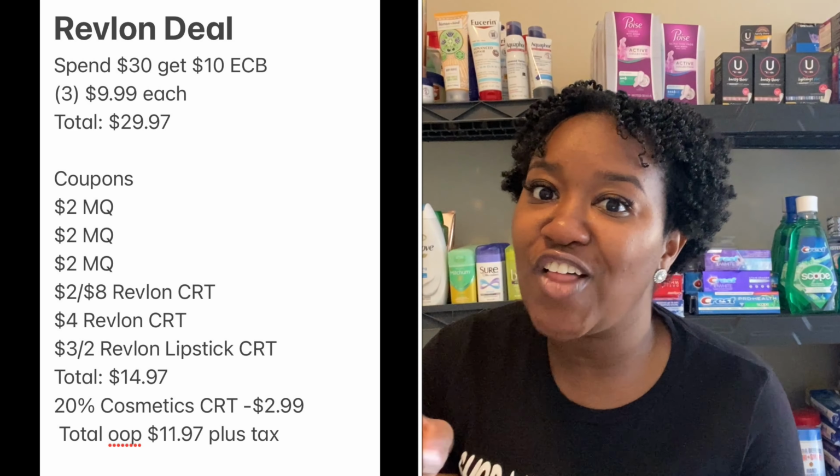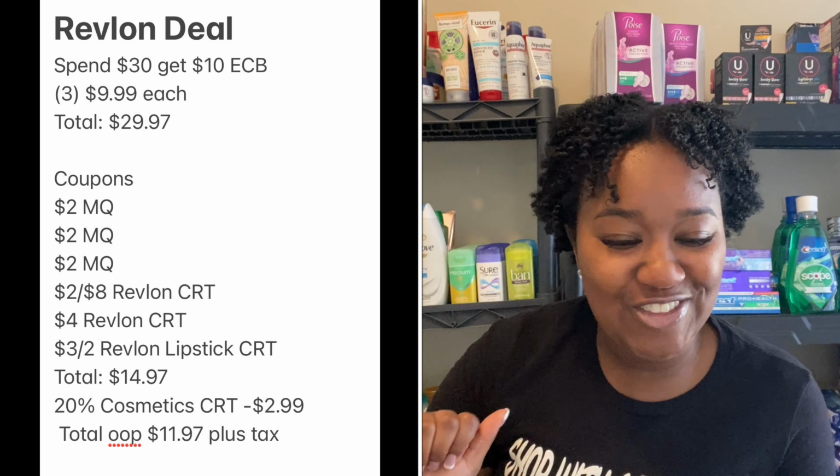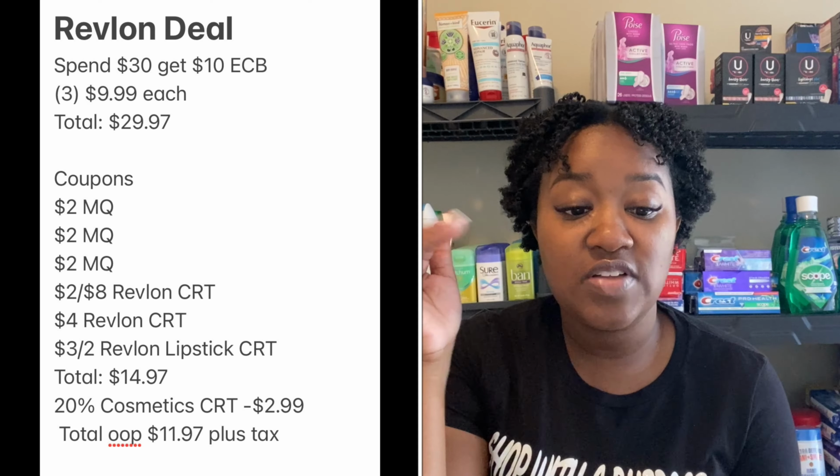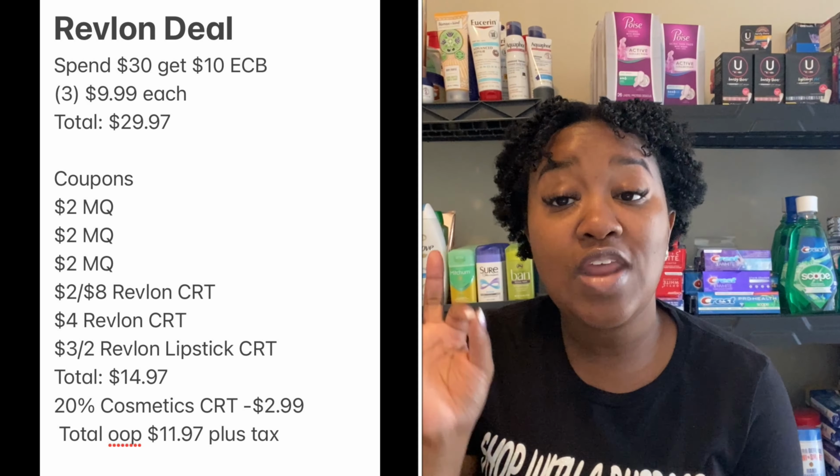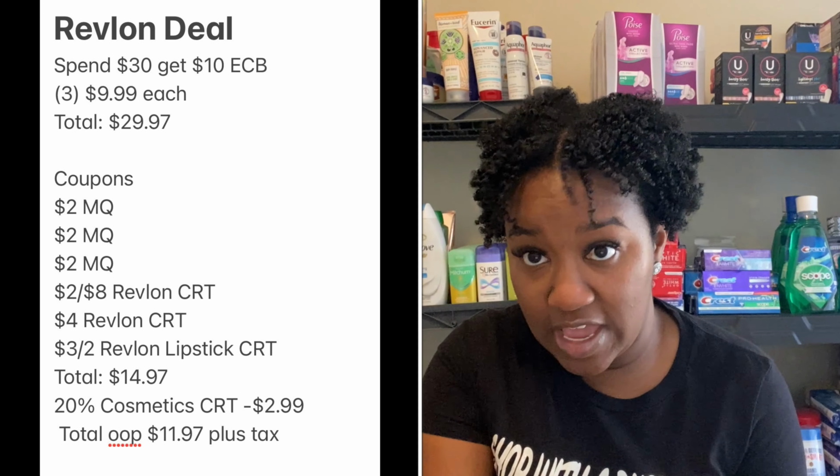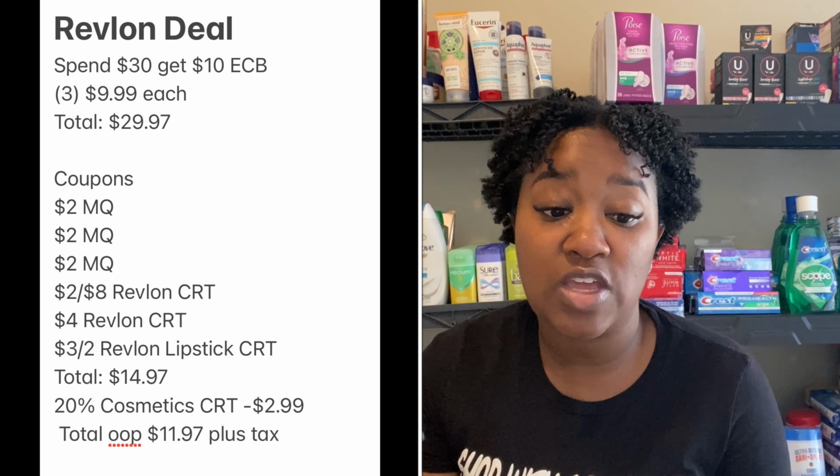Then you have a $3 off 2 lipsticks. You bought 3, so this works. And that brings your total from $17 to $14.97. So now you're at the register, or now you're at the end, and you're going to pay $14.97 plus tax